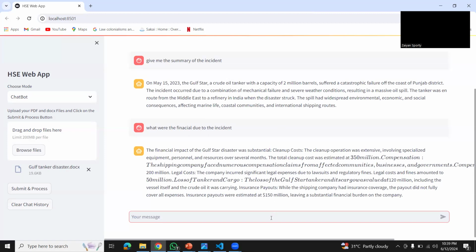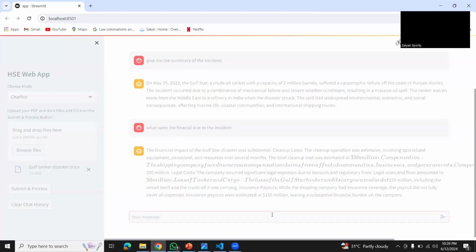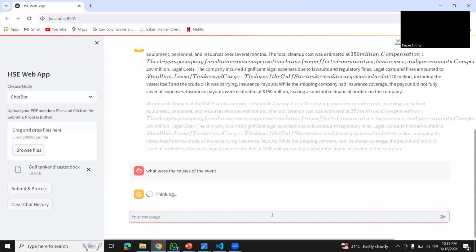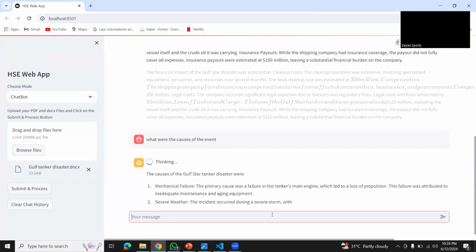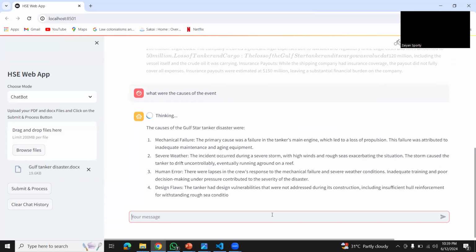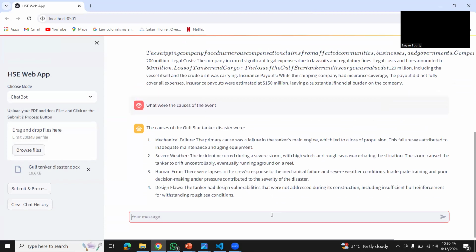We can also ask it about what the causes of the event were. So it also told us. Anything that is present in the report, it can tell us about.